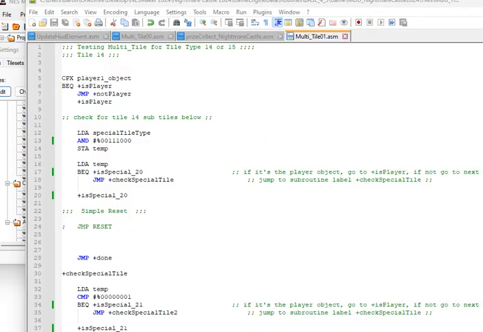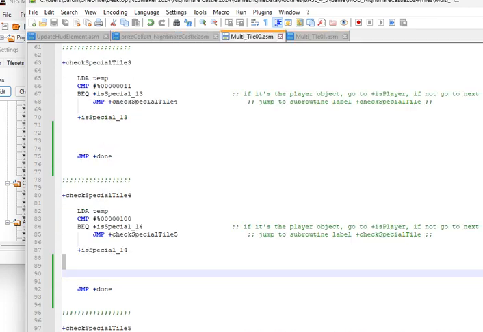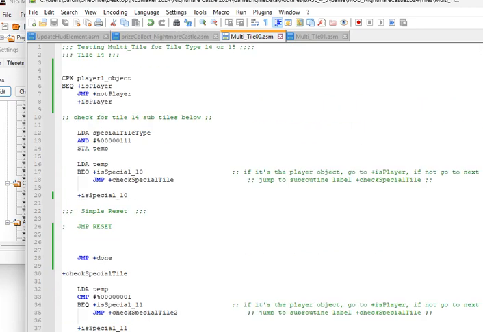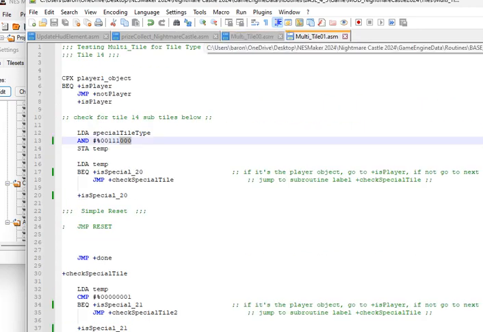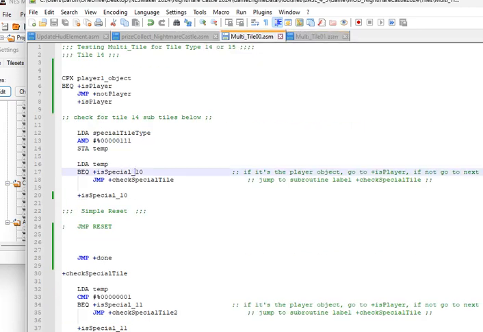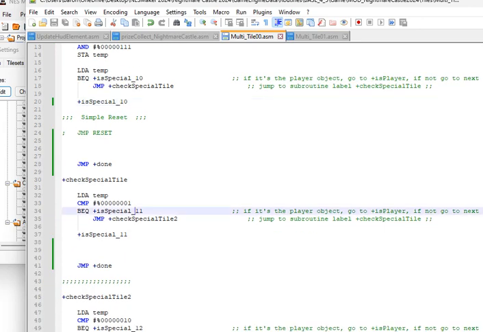You'll notice literally the only changes are these 3 bits instead of these 3. And instead of 10, I put it to 20, 20, 21.